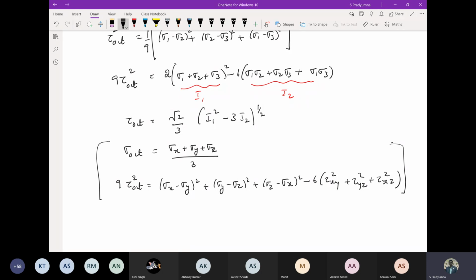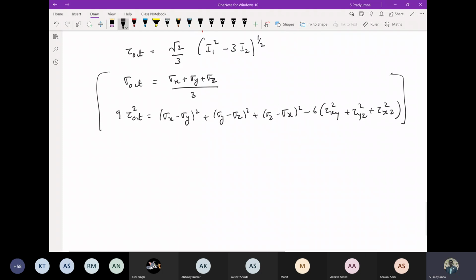Where do we use this type of stresses? When we are doing the design, we consider these values of sigma octahedral and tau octahedral. There are some defined failure theories which say that when the value of this octahedral shear stress and octahedral normal stress reaches a certain threshold value, then the material will start failing or yielding. To understand those failure theories, it is a very important parameter where you consider a plane which is equally inclined with all the three principal axes. Because of that only we are studying this octahedral normal stress and these things.